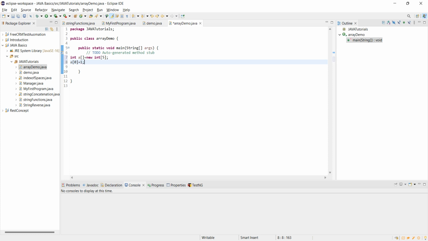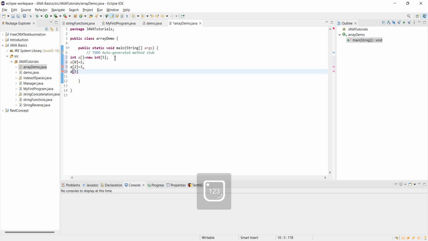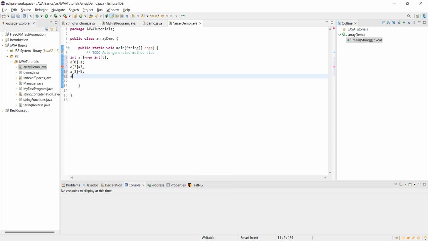Similarly a2 equal to, let's say, 3, a3 equal to, sorry, a3 equal to 5, a4 equal to 6, sorry, 7. Okay,